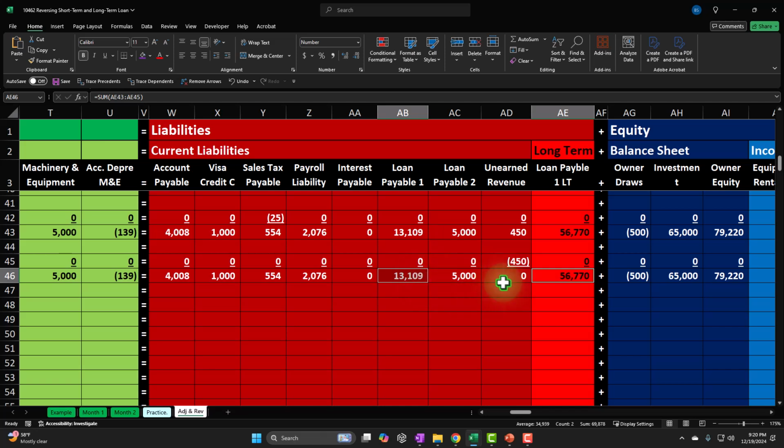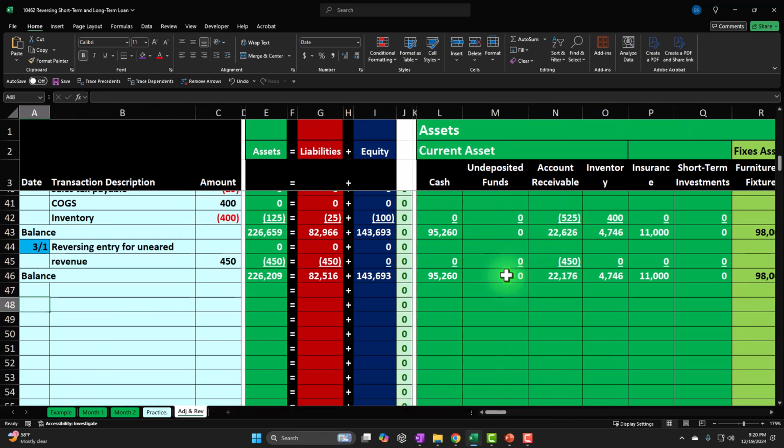It's a lot easier to just, and if you had a lot of loans, by the way, then it gets really ugly, because now if you had like 5 loans, you'd have 5 short-term portions and then 5 long-term portions, and that's just tedious to look at. So we're going to recombine them together to make it easy on the eyes of the accounting department. So we're going to say, all right, this is going to happen on 3/1, and we'll make this purple, and we're going to reverse